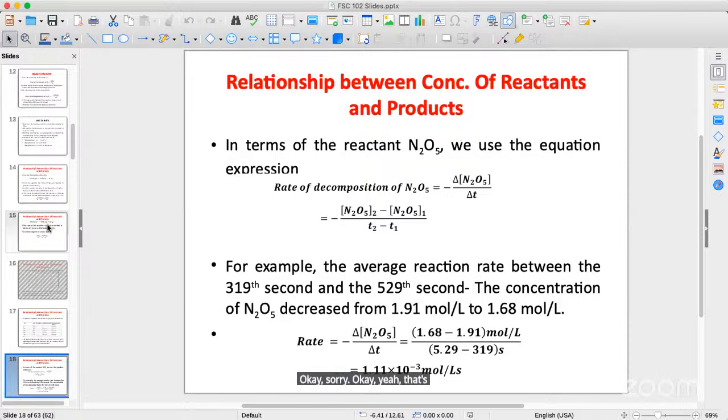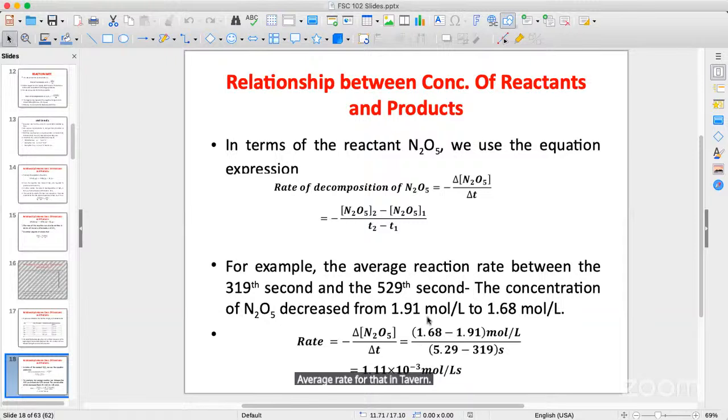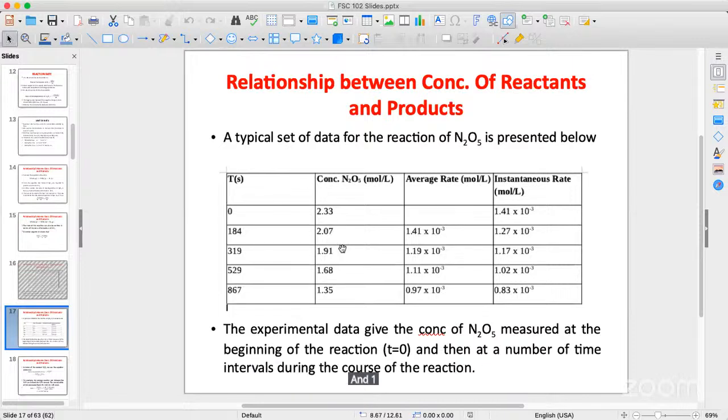I think I made a mistake. You're not starting from 0 again because you are just looking at the average rate for that interval. So if you look at 319 seconds and 529 seconds, you have 1.91 and 1.68. That means you're going to be subtracting